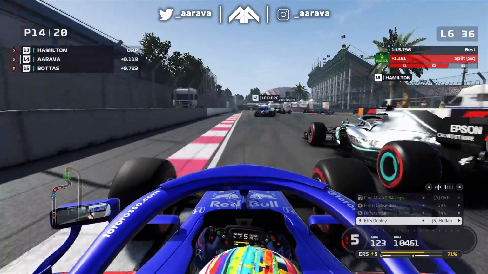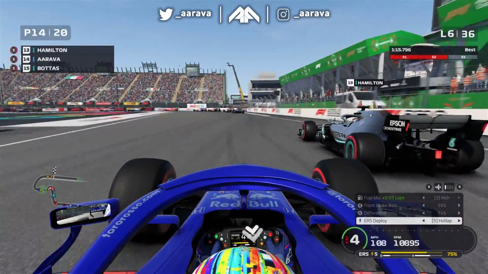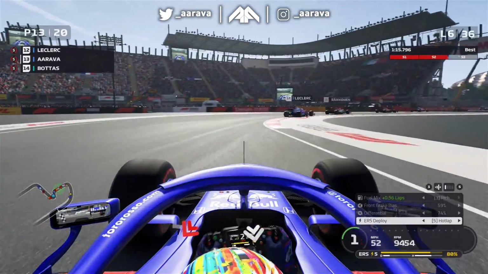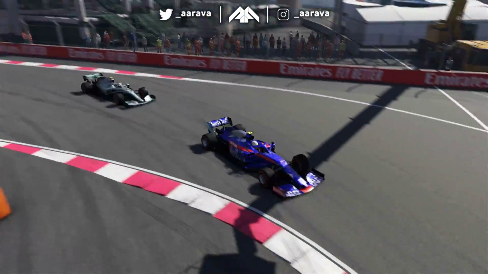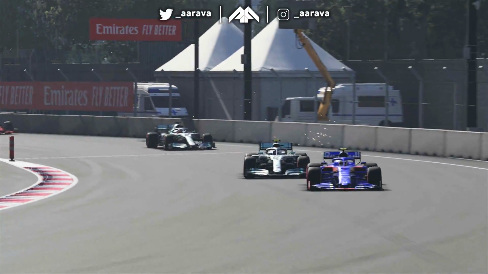He goes very defensive on the inside, so we go around the outside here. It's going to be a bit of a cheeky move again on the outside. We get off track there because Hamilton just tries to barge us off, so we get very aggressive and push him off wide there. I already know some of you guys in the comments below might be having a go at me for that,